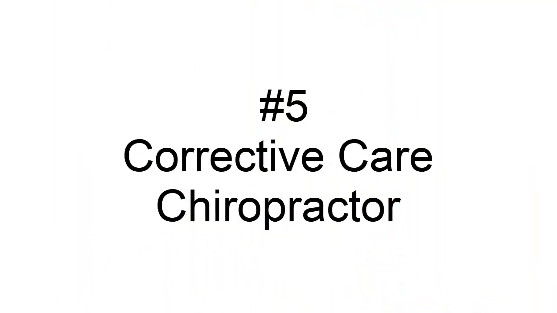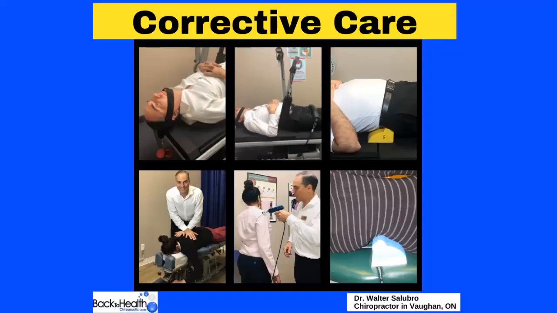Number five, the one thing I would consider is looking into a corrective care chiropractor. So I'm a corrective care chiropractor, and why would I say that is because we want to focus on correcting the structure before the function. Oftentimes, one of the biggest mistakes that many people do, and it's no fault of their own, is that they're led to correcting the function first, which means the strengthening, the mobility, the balance, flexibility, the movements, before the structure was ever analyzed.